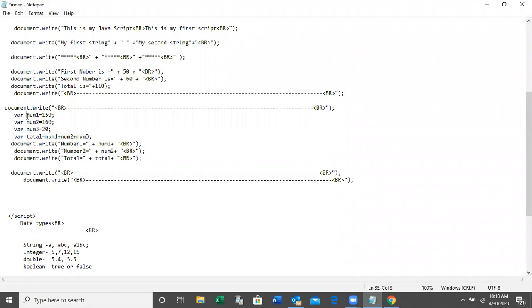The variable name is num1, so you have to use num1 here. Num2 is the second variable, num3 the third variable. Why are num1, num2, num3 variables? Because they are going to change from time to time. The total is also going to change based on these numbers.